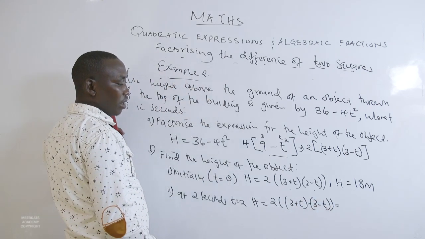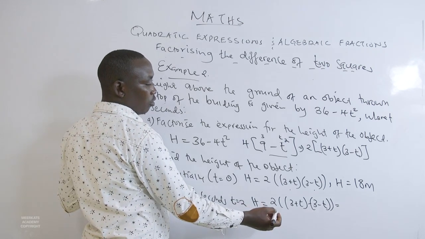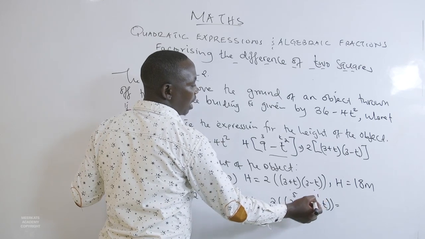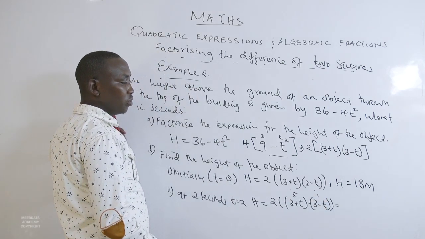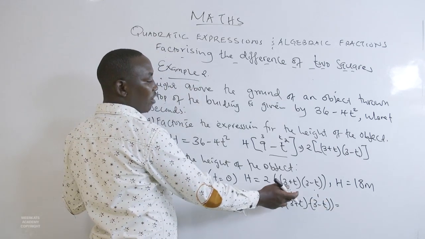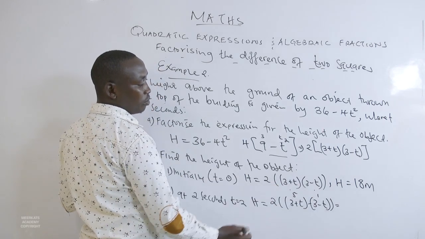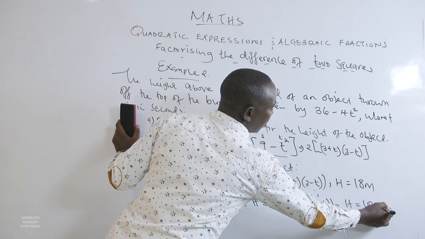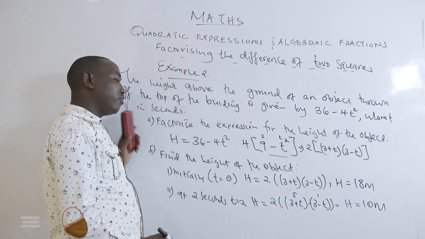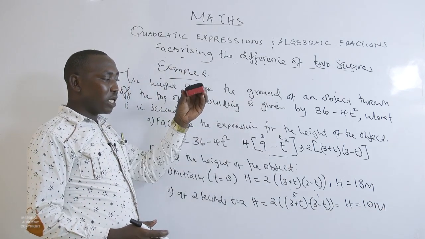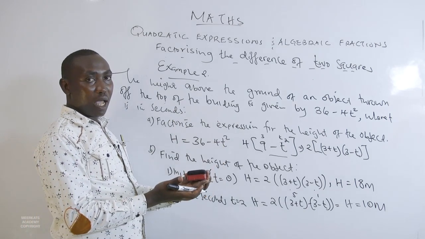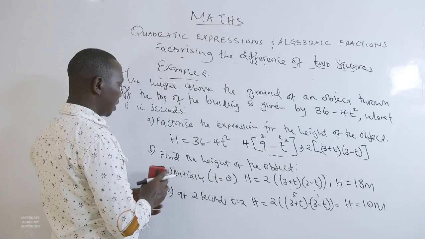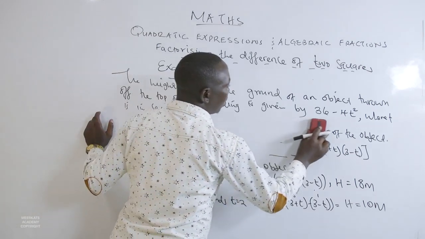And when you make that replacement, where there is t, you put 2, this will be 5, and this will be 3 minus 2, which is 1. So 5 times 1 is 5, 5 multiplied by 2, you are going to get that h is going to be 10 meters. So that means after 2 seconds, the object will be 10 meters above the ground. That means it will have come down. Part C of the question,